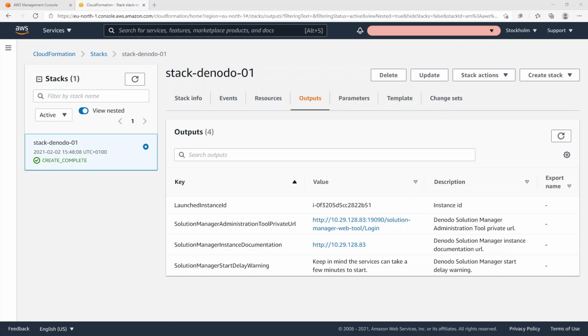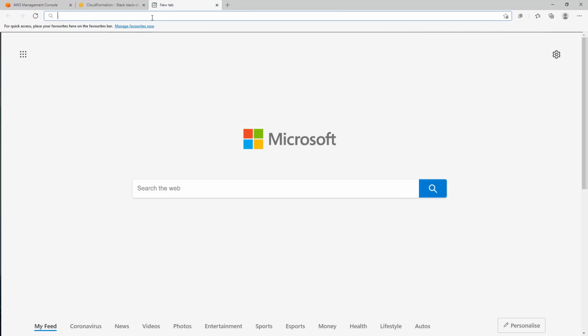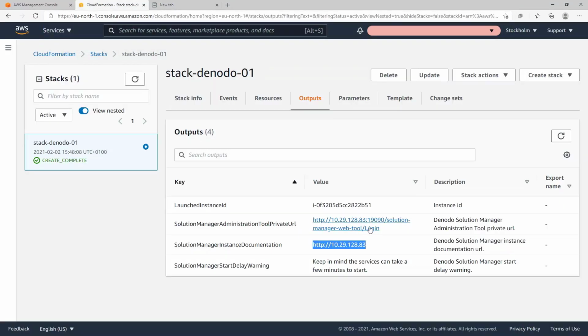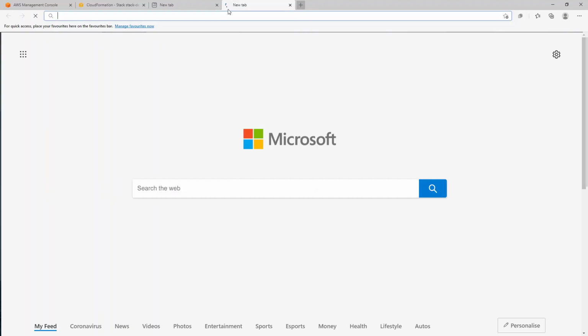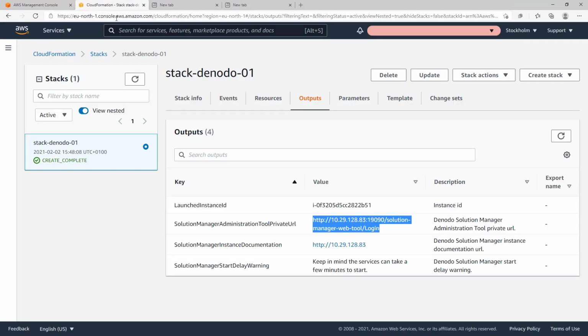So now, let's try to access the Solution Manager Web Admin tool and the URL for the additional resources. We need to open new tabs and copy these URLs, the one for the additional resources and the one for the Solution Manager instance. Then we need to open the EC2 dashboard.